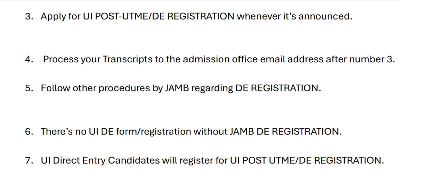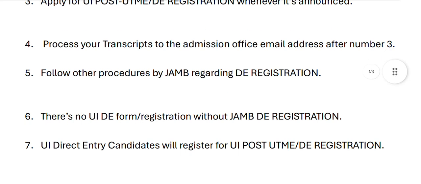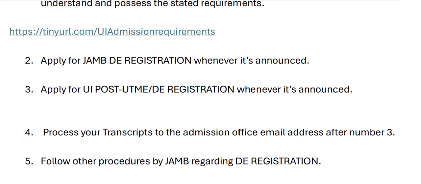Process your transcript applies specifically for those who have access to their transcripts, or those whose previous institution uses transcripts. Although academic transcript is general, for this purpose, if you belong to the Cambridge category, you may not have a transcript. You will have your Cambridge A-level result. As far as this number 4 is concerned, that's what you will take to the admission office alongside your O-level result, your JAMB DE registration form,